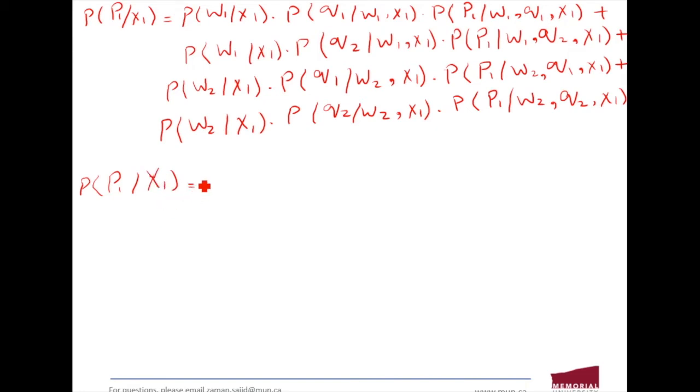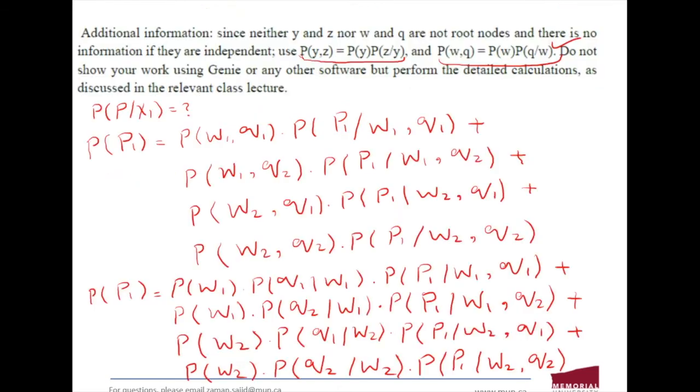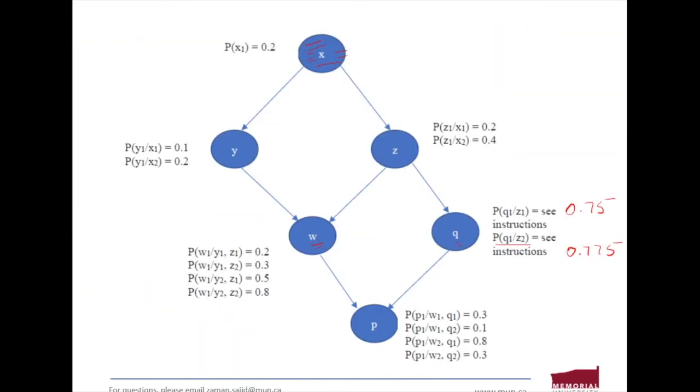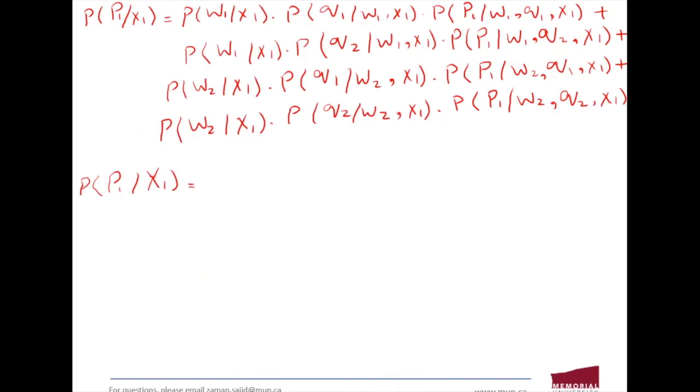That will be equal to, for the Markovian conditions, we will go back to our network here. Now W is the immediate parent of the Y. So the very first term, I can't simplify it, so I will write it down as such according to the Markovian condition. This will be W1 given X1